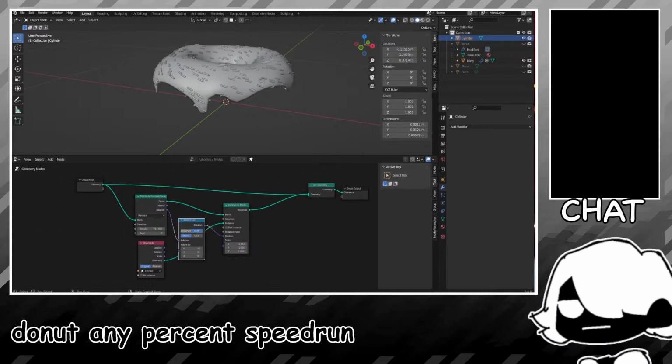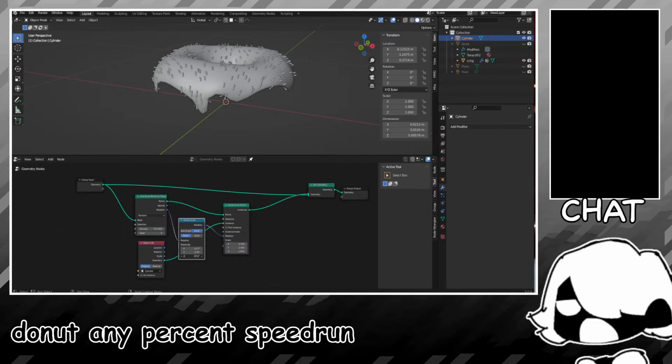So if we hit rotate by and we just rotate on one of these values here, you can see that we're rotating it on that specific axis. And look, we're getting some weird looking effects. Okay. The axis that we want to use is the Z axis because we're looking